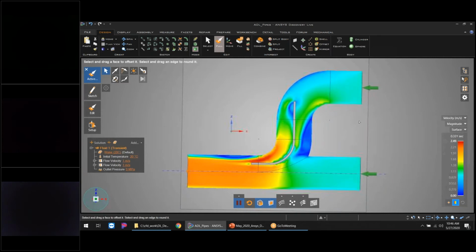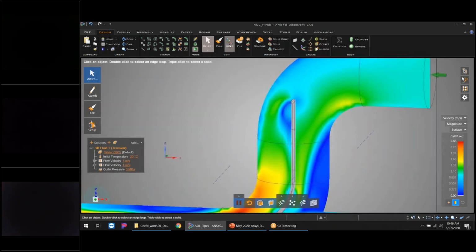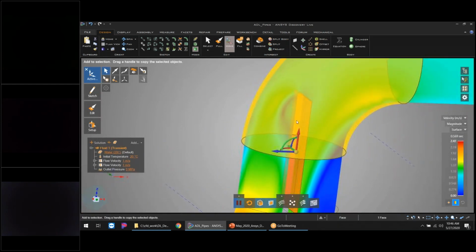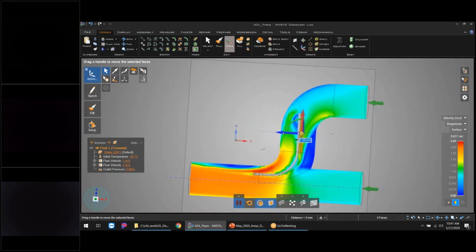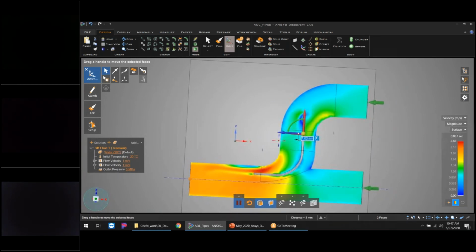You can see I've got some of the transient sort of wake effects happening down here. Escape out of that. You can kind of see down here. Let's say I wanted to slide this over a little bit, so I could hit the move tool. I'm going to go right to this face right here, and I'm going to scroll, control select that. I'll zoom out, and I'm just going to take this top part, and you can see it automatically updates that vein. As soon as I let go, boom, resets the analysis, starts solving the transient flow analysis again. So I'm interactively modifying my geometry and seeing instantly what the update is to the flow.